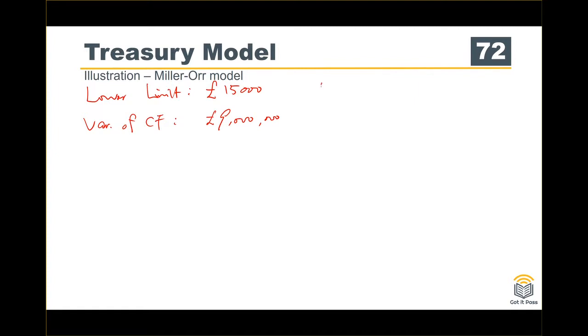And for the daily interest rate, okay, it's given 0.0236%, and also the transaction cost per sale or purchase is £25. So all these parameters given, then we first step,